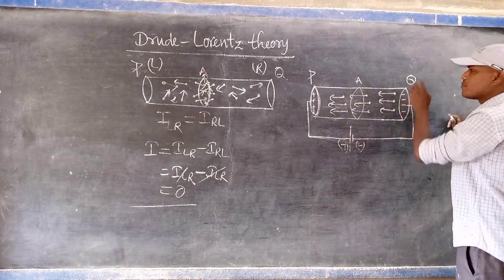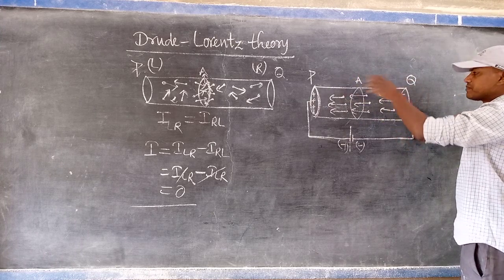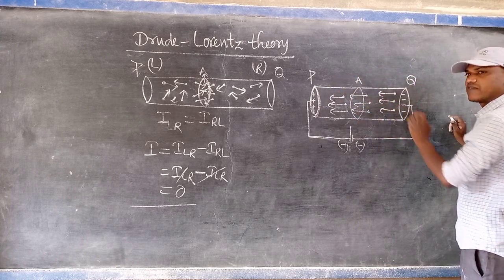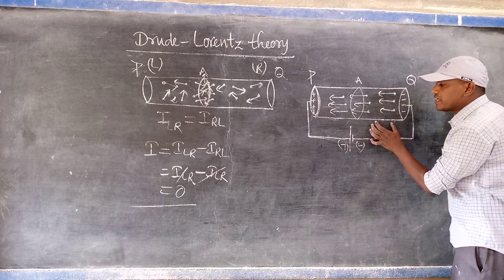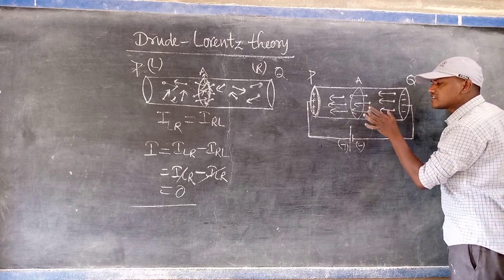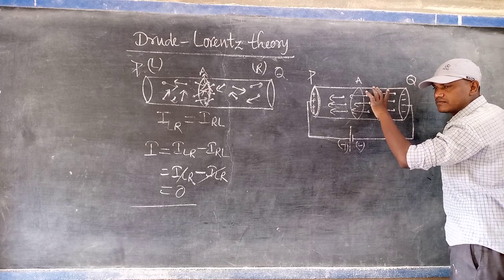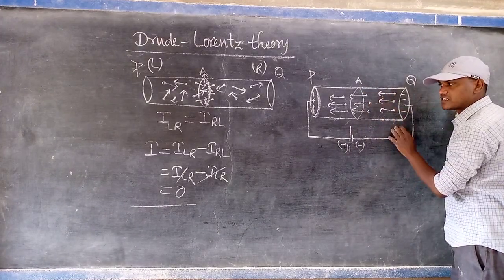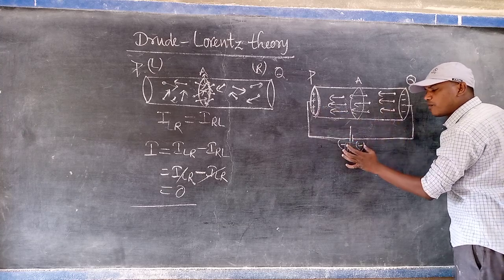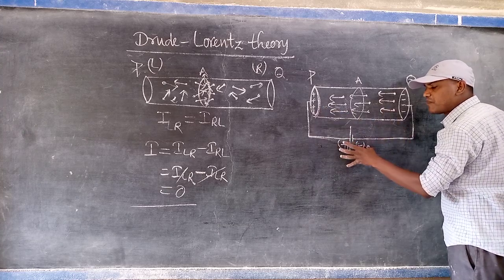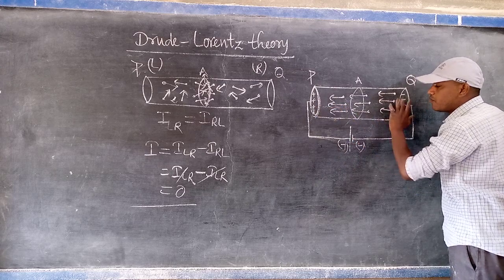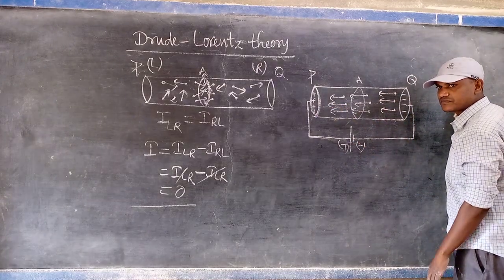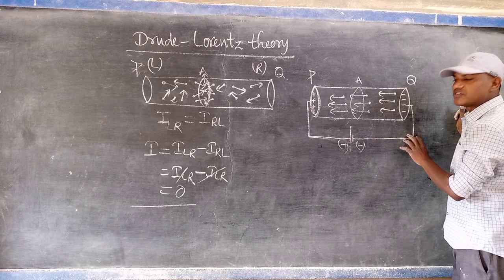So why do they move from Q to P, or P to Q, mainly Q to P? From this I will explain the reason. Inside the conductor, per unit area, there are free electrons. By connecting the conductor to the opposite terminals of a battery, the battery will create a potential difference at the two ends. So it's nothing but two different charges.